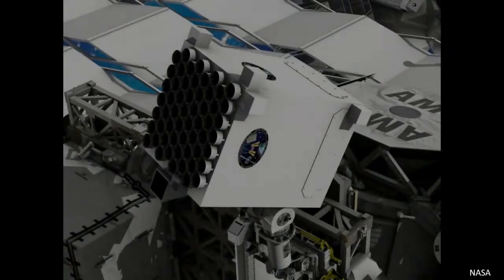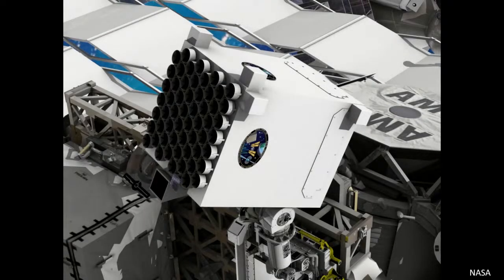This is NICER, an experiment on the International Space Station. NICER stands for Neutron Star Interior Composition Explorer. Its goal is to observe X-rays from neutron stars in unprecedented detail so that astronomers can try and work out their internal composition. By timing with exquisite precision exactly when X-rays arrive as the neutron star rotates, astronomers have been able to create something that would have been unthinkable just a few years ago, a map of the surface of